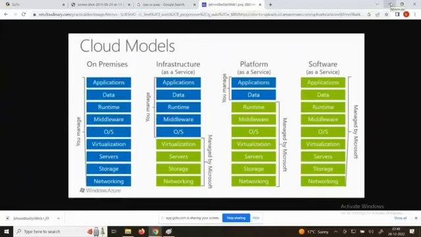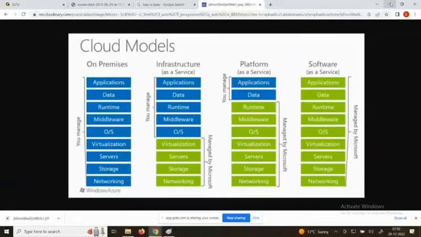One of the most important things, keep this image in your brain your entire life. You need to understand what is on-premise, what is infrastructure as a service, what is platform as a service, what is software as a service. Everything will come slowly. Right now, EC2 instance is infrastructure as a service, IaaS. What is the meaning of infrastructure?